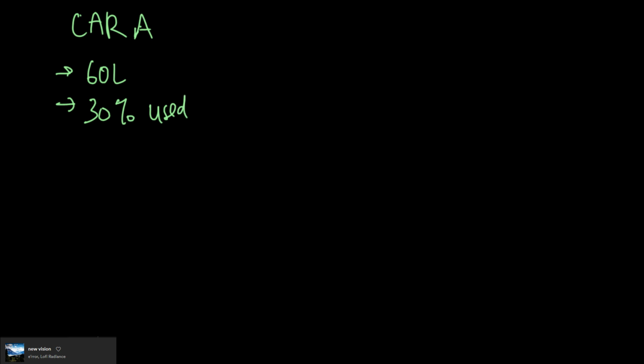So question 8 states that information about the fuel consumption for 2 cars is given in the chart below. And I'm going to draw the chart for you. This is car A, and basically car A starts with 60 liters of gas. It also states that 30% of this fuel is used. And then car B,